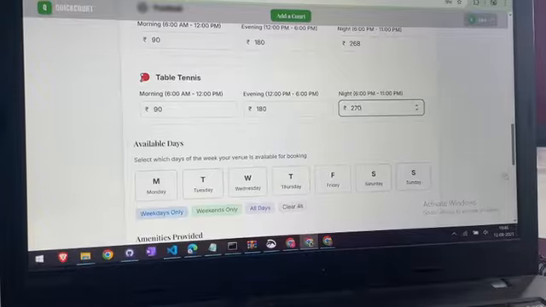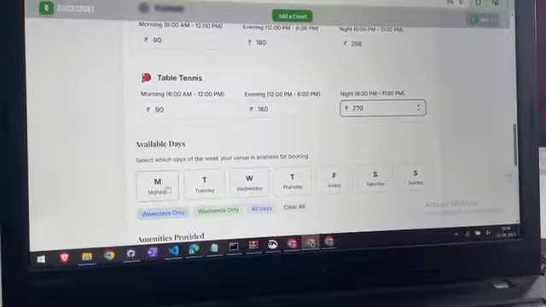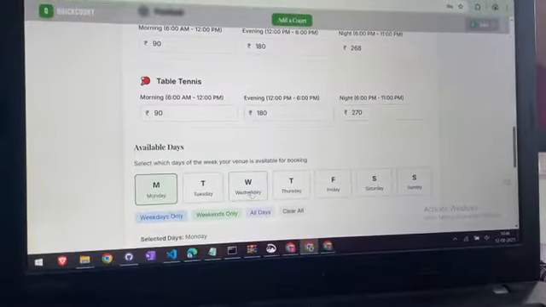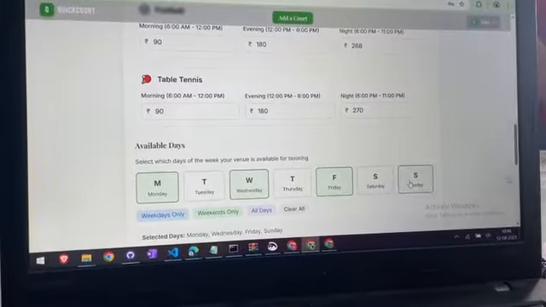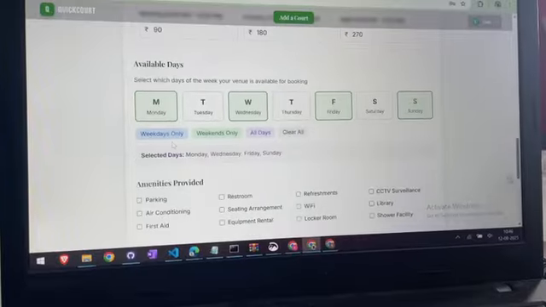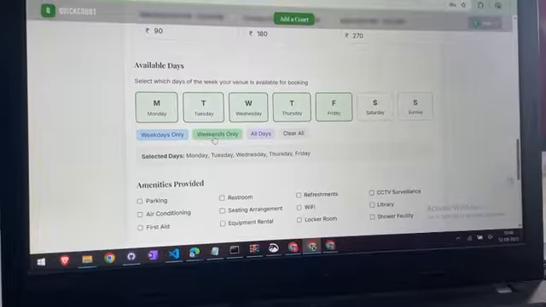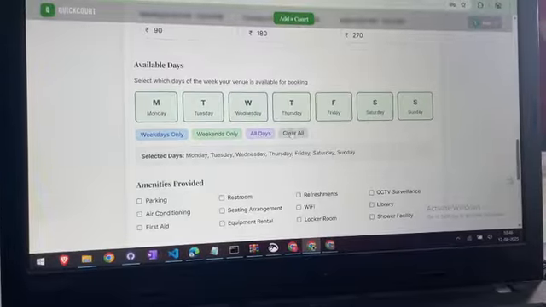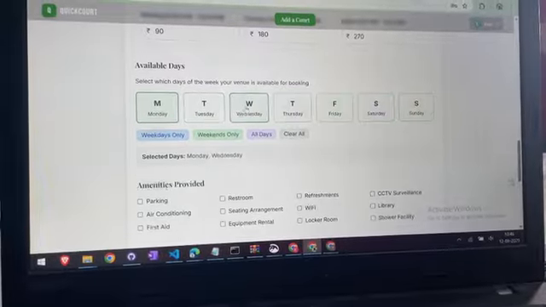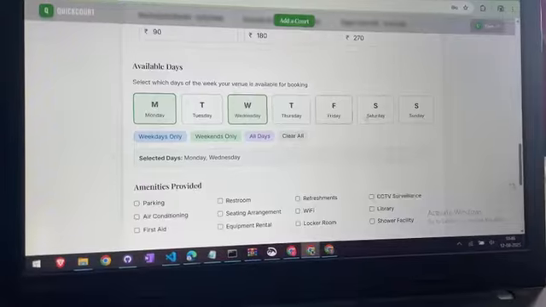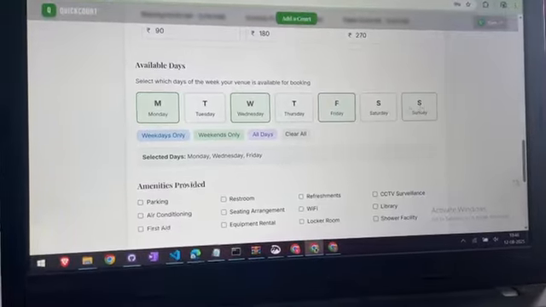And this is the feature where I say my court is available only on Monday, Wednesday, Friday and Sunday, not on the other days. Here we have also given filters like weekdays only, weekends only, all days. But my court is only available on Monday, Wednesday, Friday and Sunday.